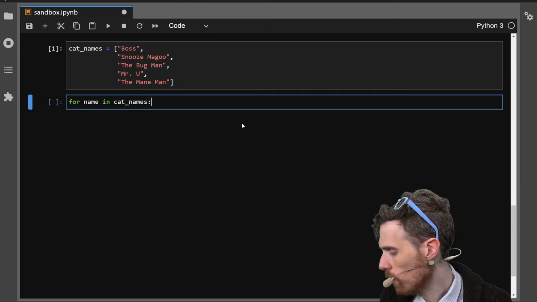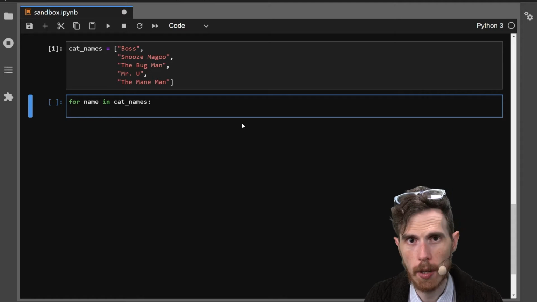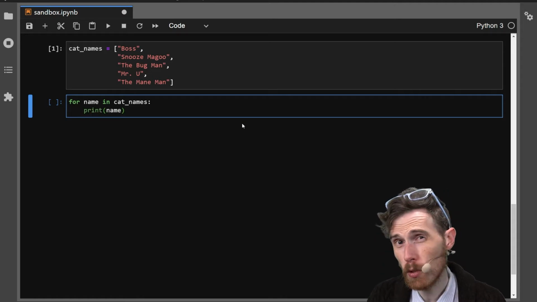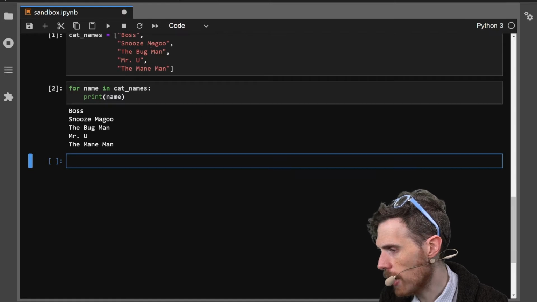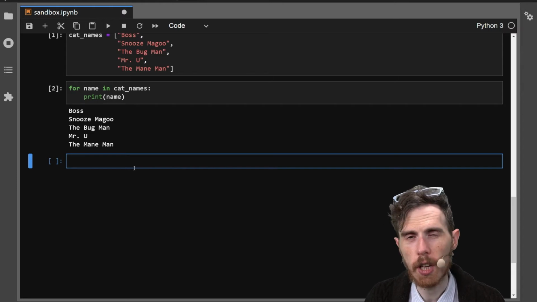The colon tells us that when we hit enter, we're going to get an indent there. So we are indicating membership. I'm just going to print each name in order to demonstrate that my loop is only going to go through this 5 times. It's going to go item to item in the list. And as I print all of my names, I see that, again, it matches the order in my list, and it does it one at a time. So the syntax here is that we're looking for every item,